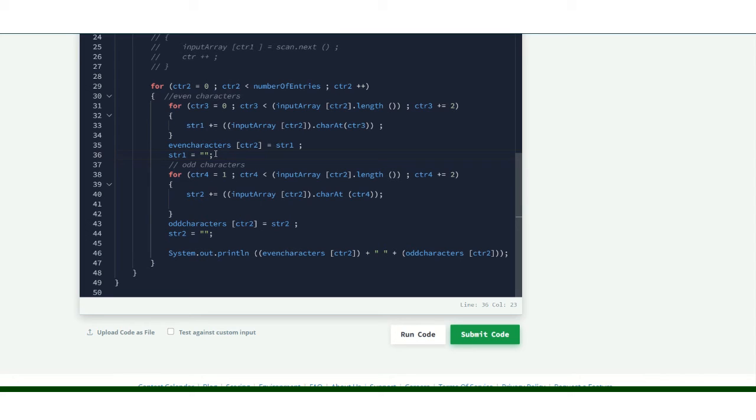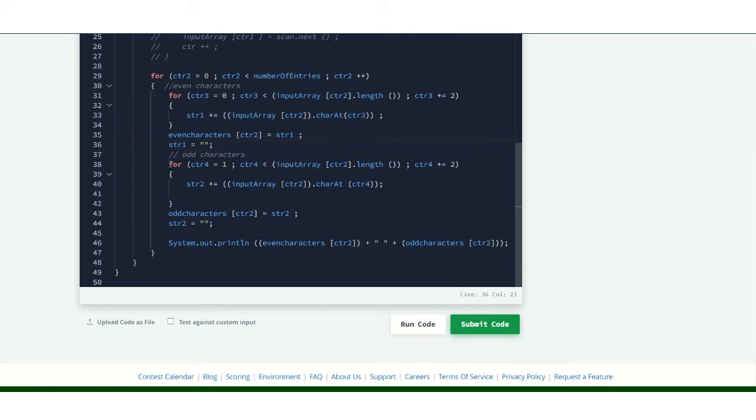But when we forget this line, str1 will still be BAK, and if the second input is, suppose, blue, then it will concatenate B and U as well to str1. Now here str1 is BAK, so the output we will get when we print the even characters at this first index is BAKBU, when it's actually supposed to be only BU. So after we add str1 equal to empty double quotes, we will obtain the correct output.